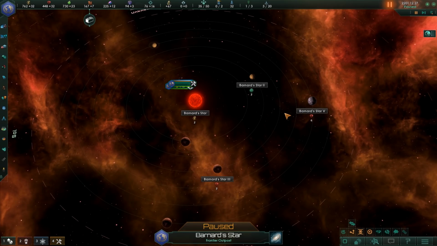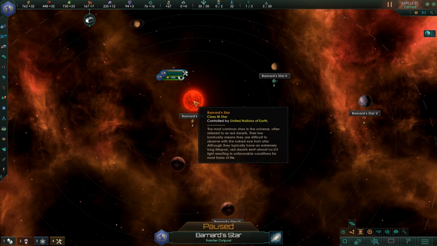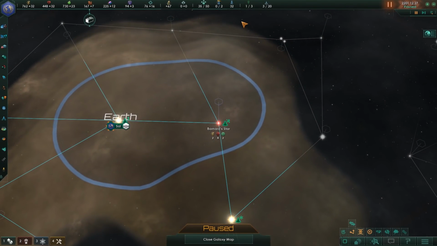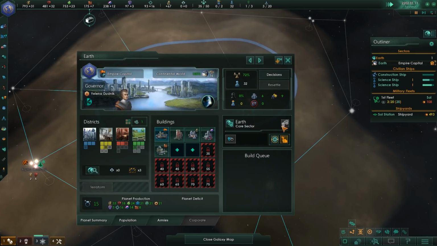It will cost us 2 energy in total as well as 200 minerals, but we're not going to touch Barnard's Star 2 because we would need to pay 1 energy a turn for 2 minerals, and Barnard's Star, that would just be free energy income over time, but we're not going to touch it just yet because we need those minerals for our planet. Let's take a quick look at our planet whilst we are at it and see how